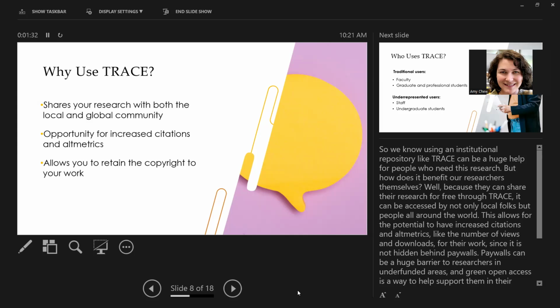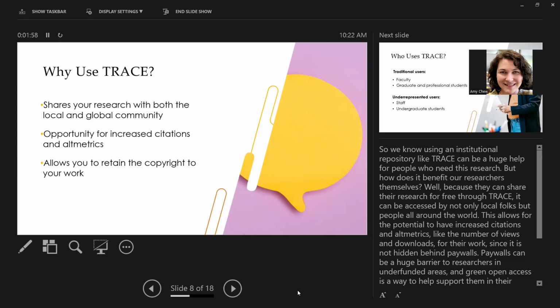That's something else that we're able to assign people when they put their work in Trace. And so even something like a conference poster you did and wanted to upload a PDF of, that could get its own DOI and be easily shared to anybody that's online. So there are a lot of real benefits for the authors who are submitting their work. And we also allow them to retain the copyright to their work as well.